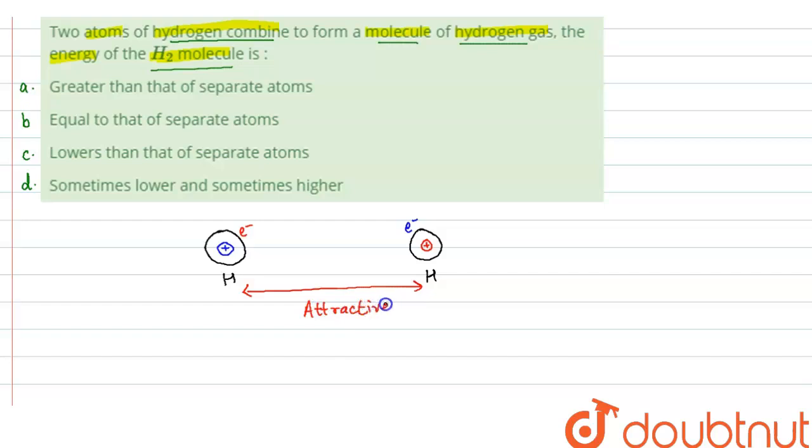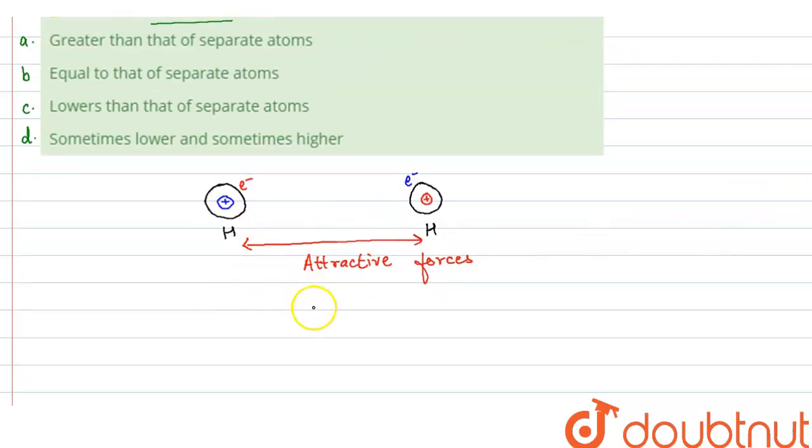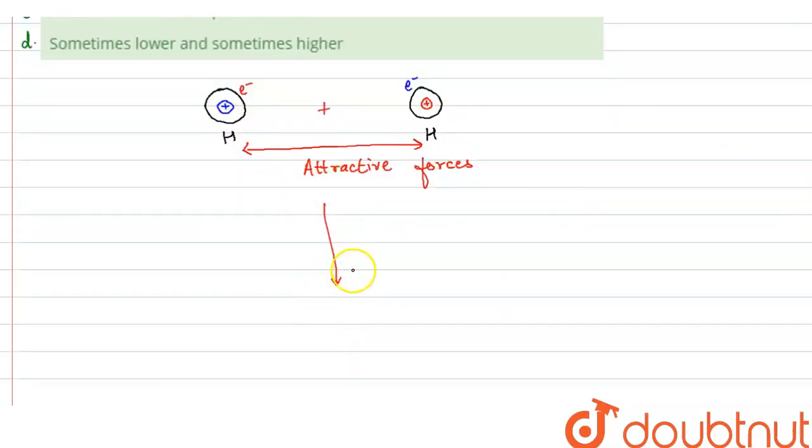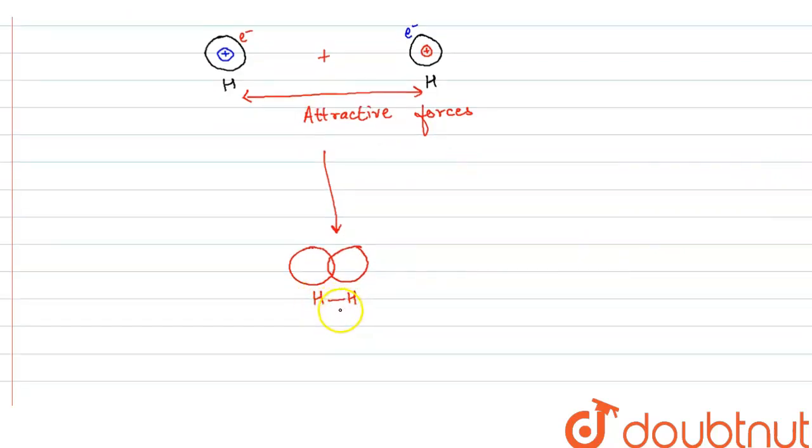Attractive forces between these two hydrogen atoms, right? So what happens, they will approach towards each other, and at a particular distance they form a bond like this, and at this particular distance, which is known as the internuclear distance, they have the lowest energy. They have lower energy, or you can say lowest energy, in comparison to these separate hydrogen atoms, because we know that